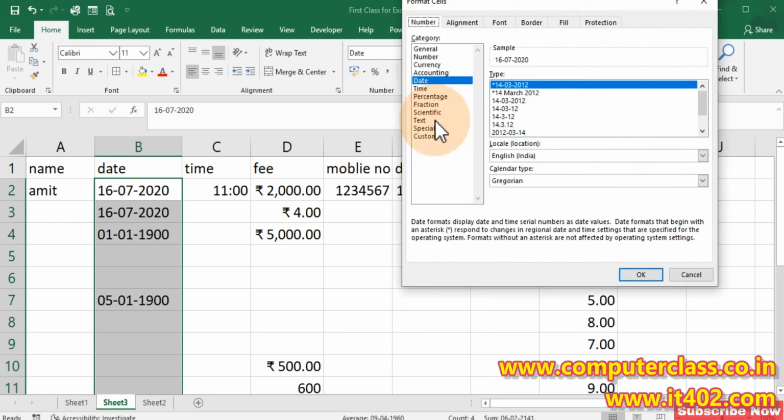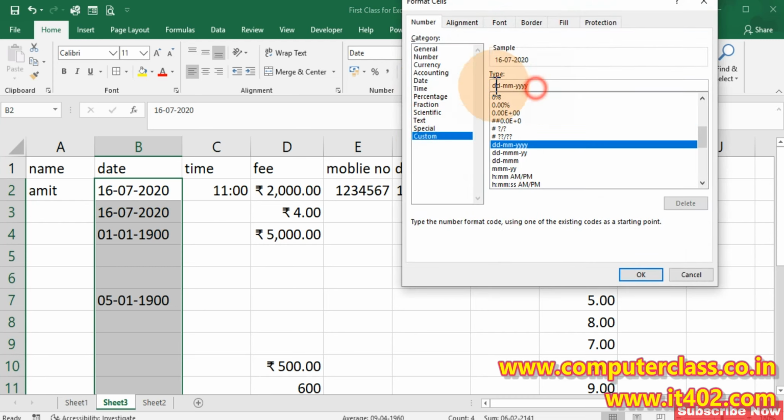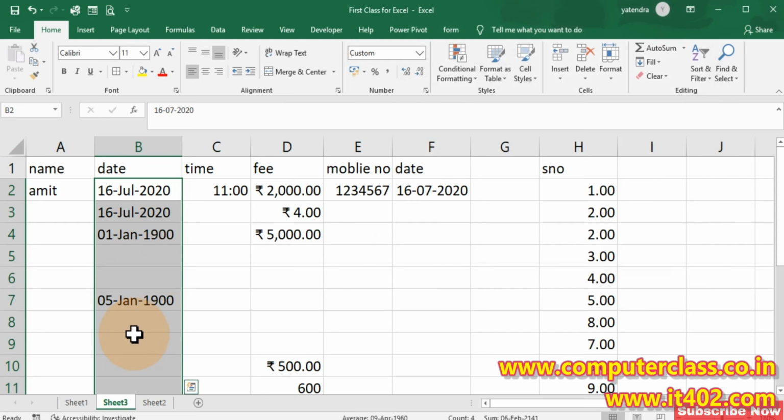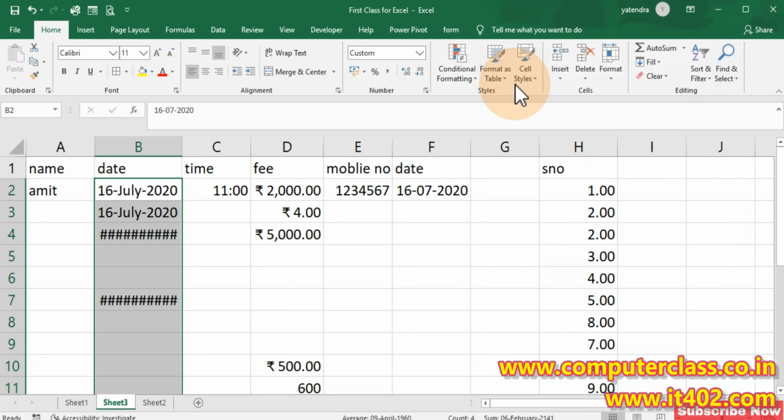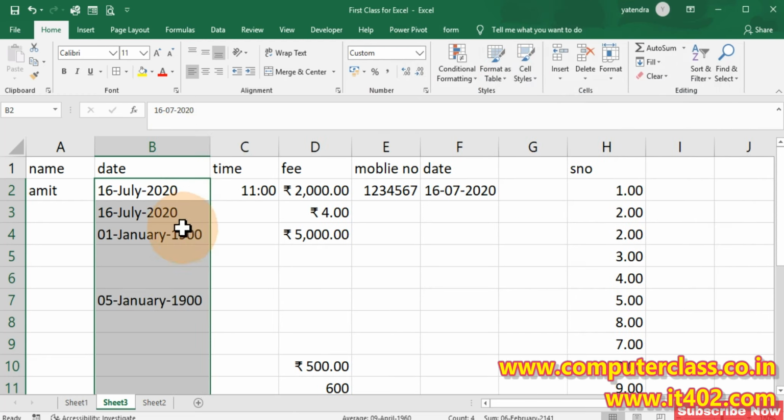So lots of formats are there for date. Suppose you want the month in 3 characters, not in numbers, then you need to put mmm and it will come like that. If you want to write the month name in full words, then you need to put mmmm here, like that. Just give some space.